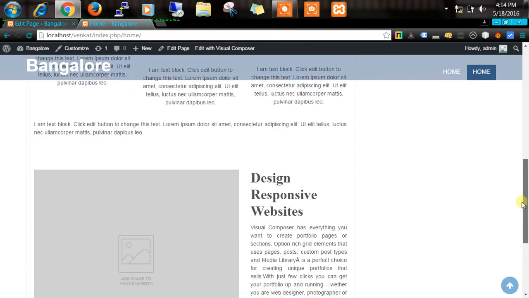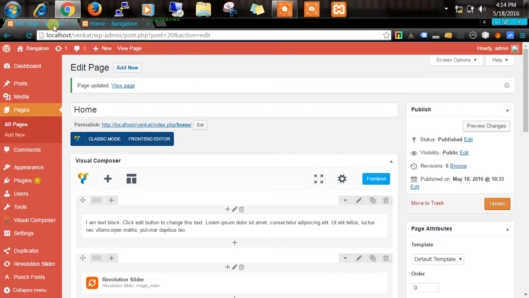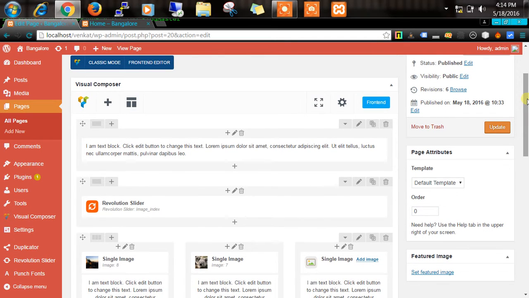Now let's come to the other elements, whatever is present. How to change this text? You can just edit it. Go back to the edit page. Come down. Each of these texts, if you take the mouse over any of them, you will have the edit icon again. Once you click on edit, that text will be visible to you. Then you can replace it with your own custom text, whatever you want.